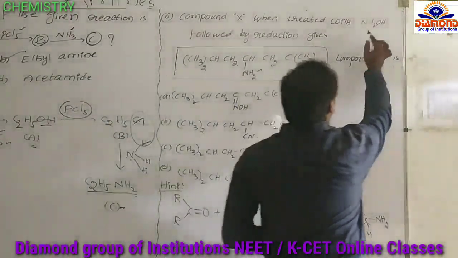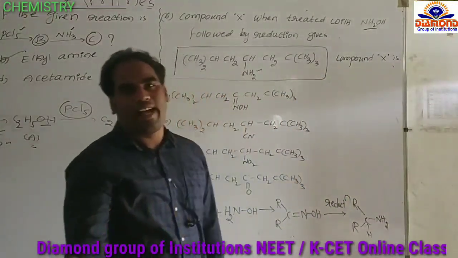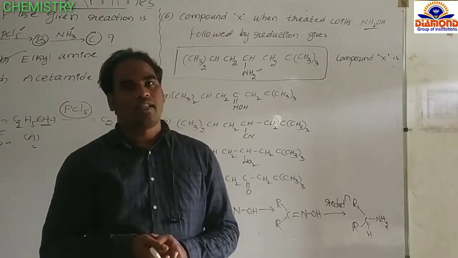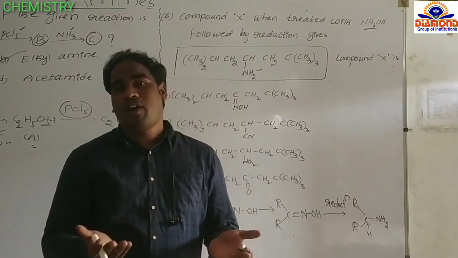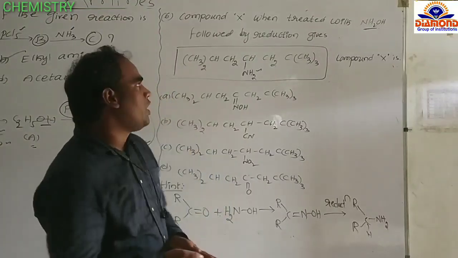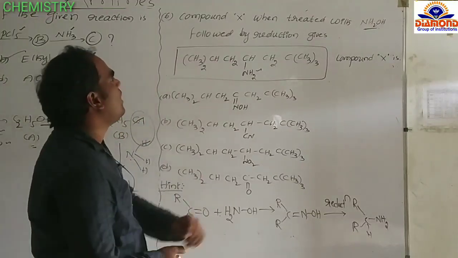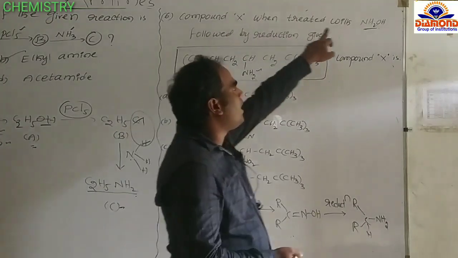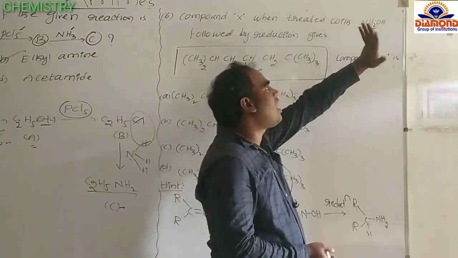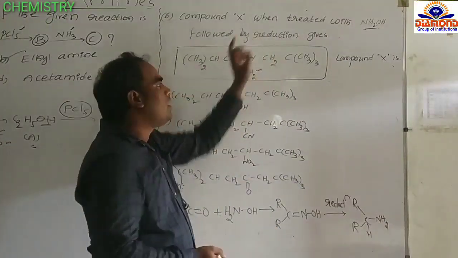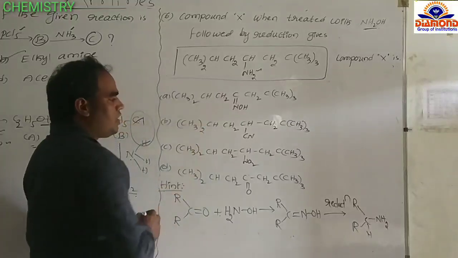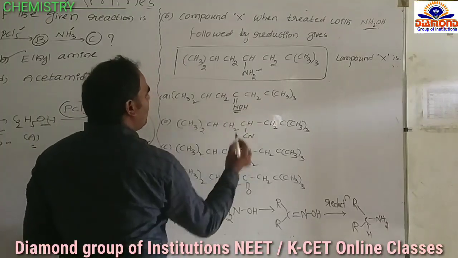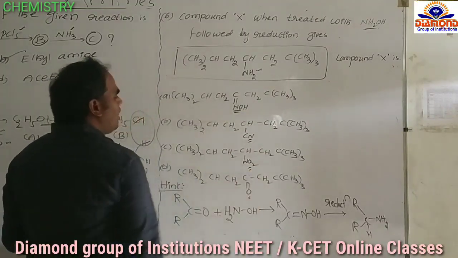Hydroxylamines are mainly reactive with aldehydes and ketones. They form aldoximes and ketoximes, and those oximes, by reduction, form amines. We already know about that. So the simple technique here is that X is an aldehyde or ketone. X treated with hydroxylamine forms an oxime, and if the oxime undergoes reduction, it forms an amine. Therefore, the correct option is the aldehyde or ketone containing compound. Here the options are the NOH group, cyanide group, NO2 group, and ketone group.